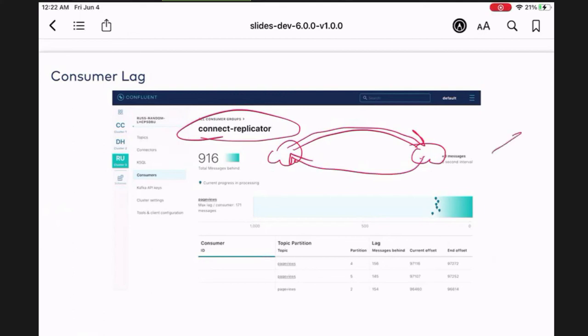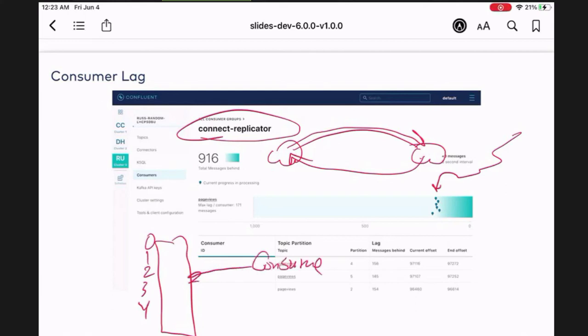You can view the consumers, like the lag time. Let's say in the log, you remember if you have a log, the consumers are processing the log. Here's the consumer, but the end of the log is here. So the time between this and this is the lag, where the end of the log is and where the consumer is, because the consumer is behind in messages.